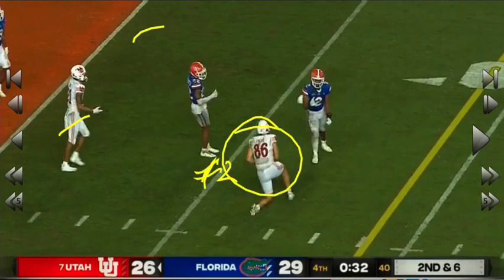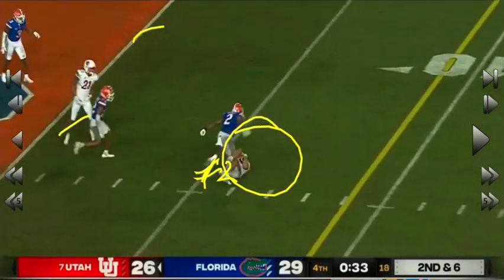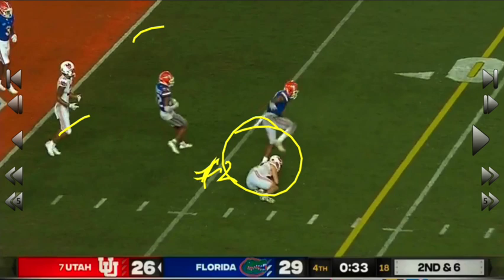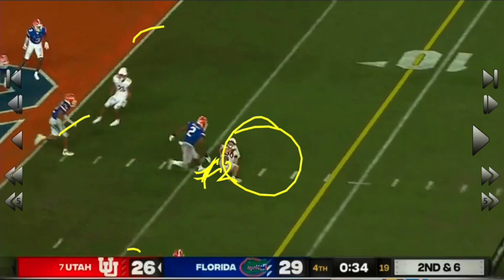So we're good. We're in good shape, right? We'll leave him open instead. It's not 80. But either way, I mean, this is too easy. That's not good, right? That can't happen. The only benefit for Florida is Utah is out of timeouts,